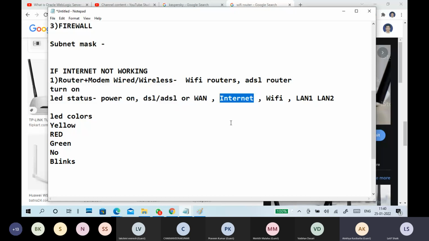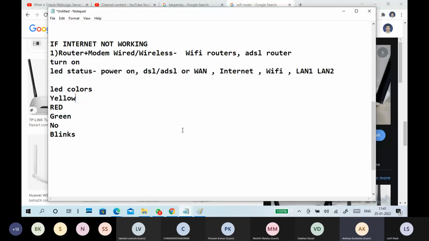If it is not blinking, it means there is an ISP provider's problem. If both are not blinking, there is a direct wire connection issue, or maybe an ISP provider hardware-related issue. Okay, and if it keeps on blinking only, it means you didn't pay the bill. One of the reasons is